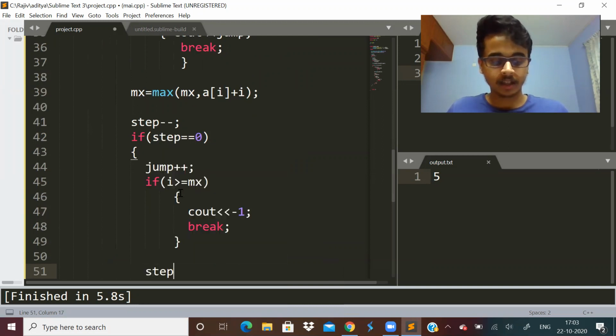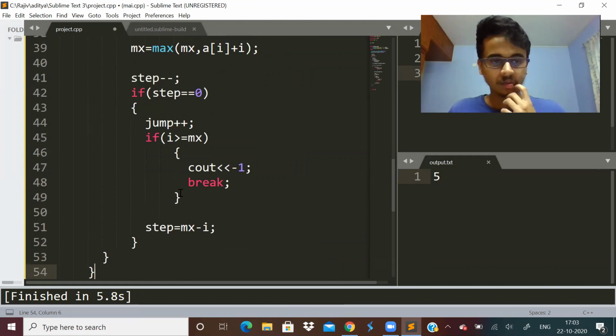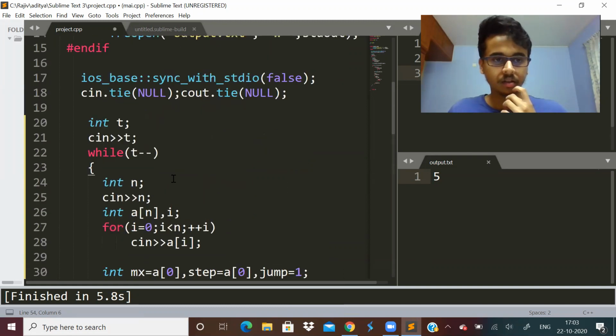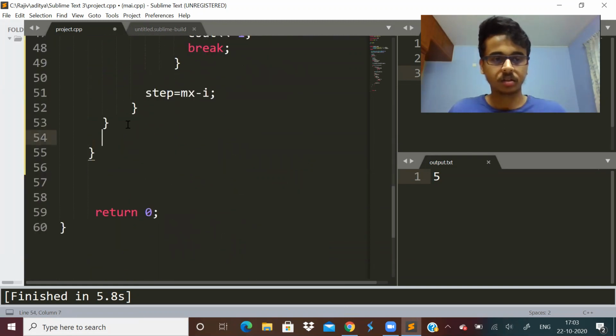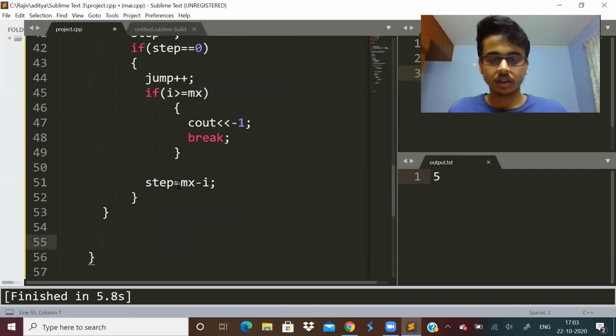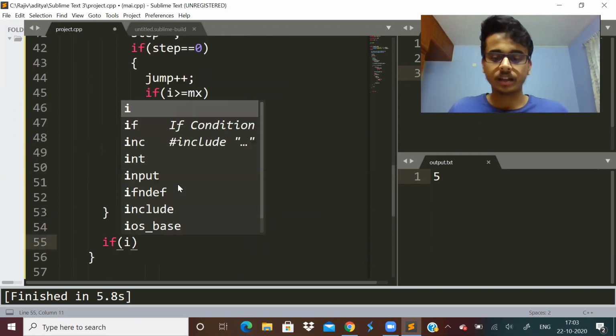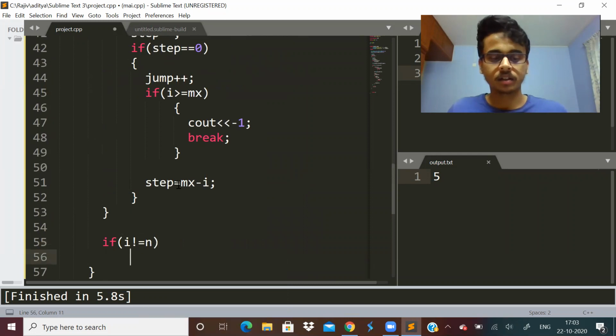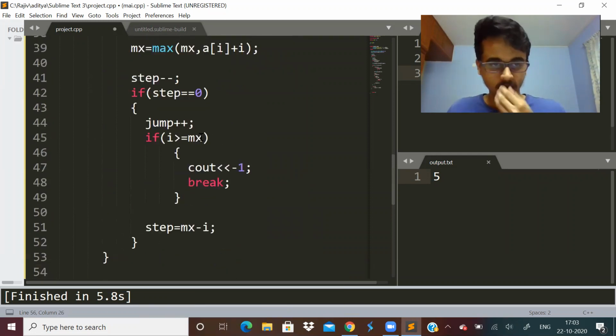Otherwise, I will make step equal to max minus I. So if I not equal to n, then I will print -1.